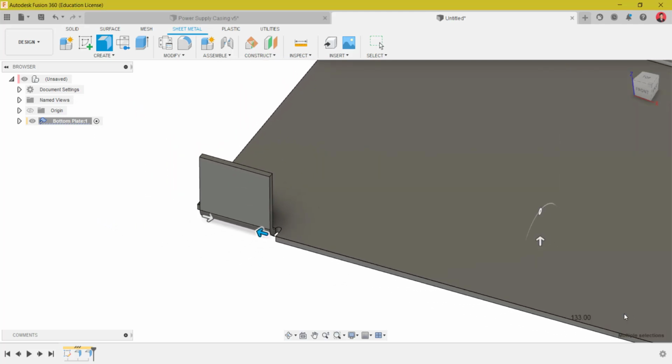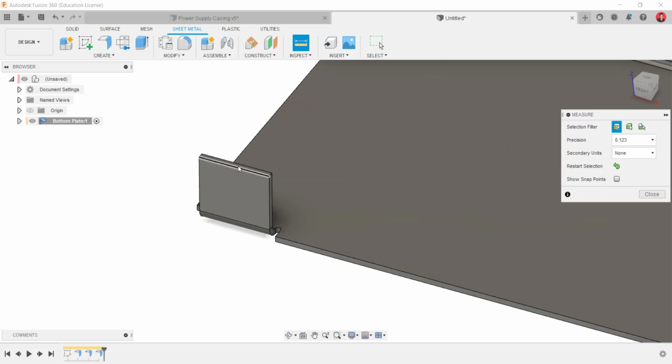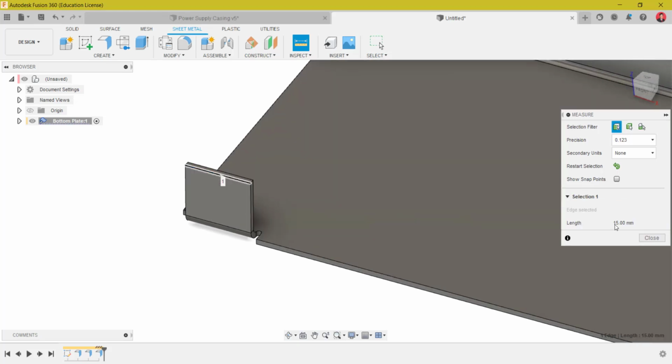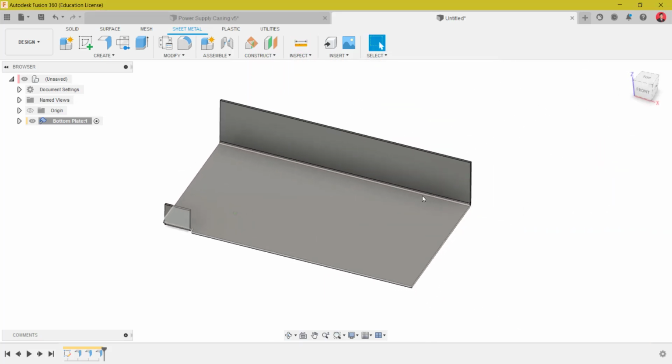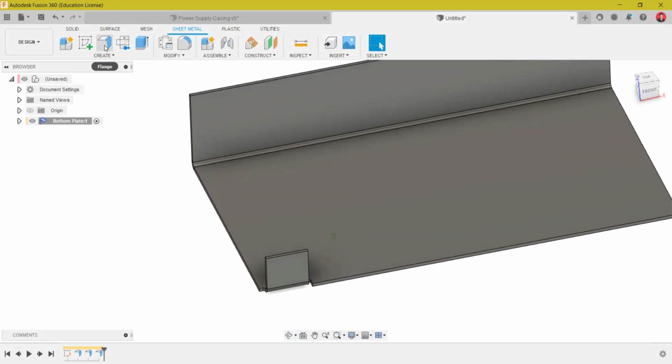Okay. Check the length, which is 15 for the flange,